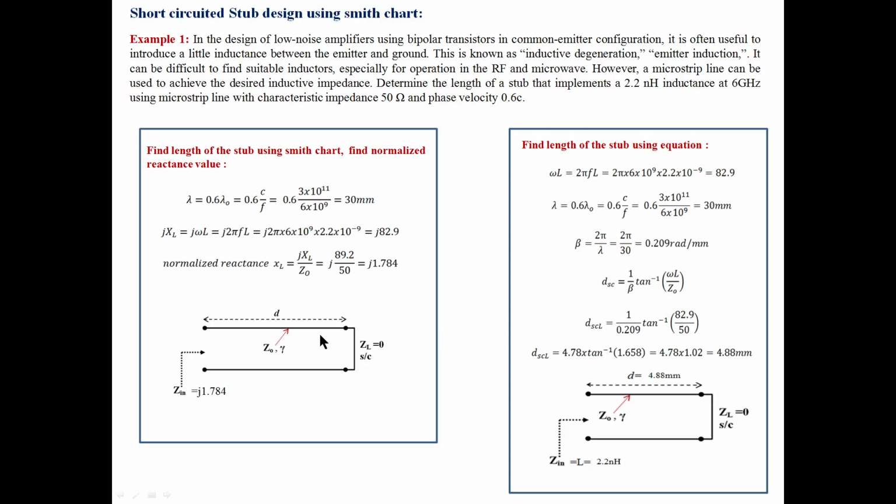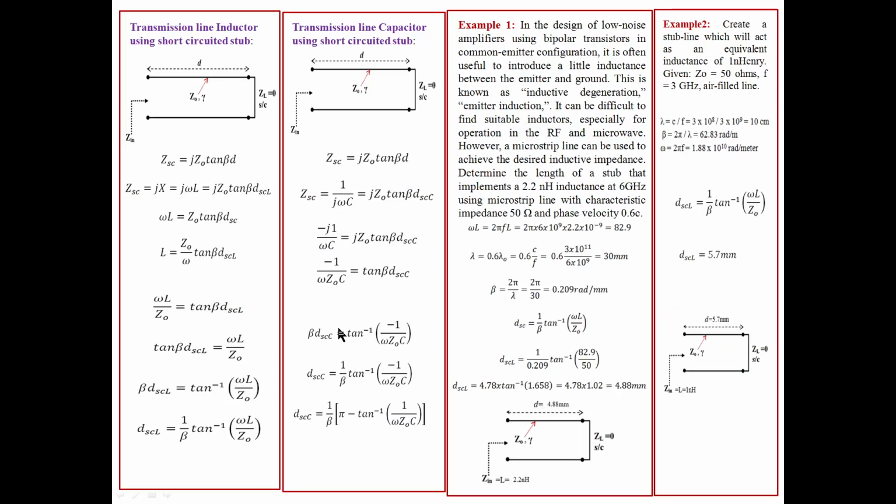See here, in this transmission line, the input impedance is reactive in nature. For a short stub, for example, whatever the length of the line, the impedance is imaginary. The real part is 0. So the x value goes on varying and the r value is 0. As you move like this, the x value changes based on the distance. That is the impedance here.